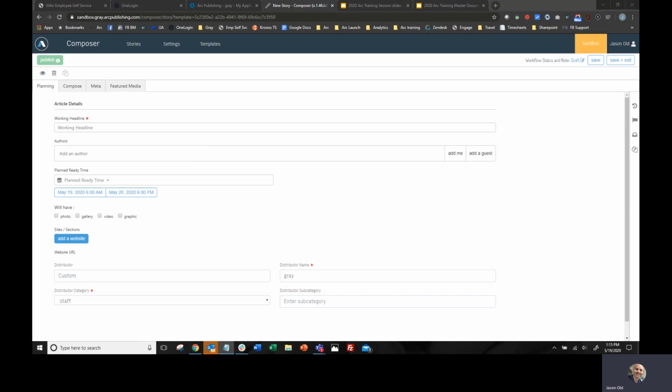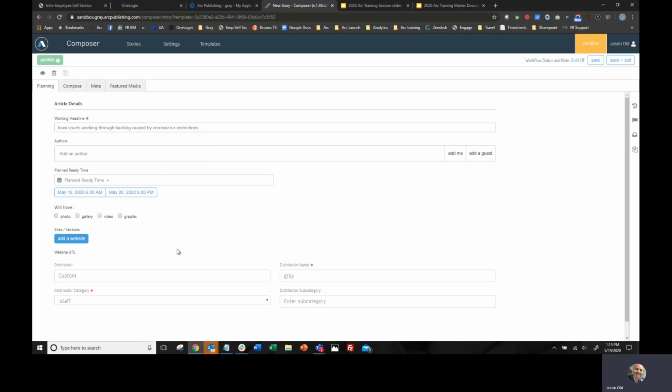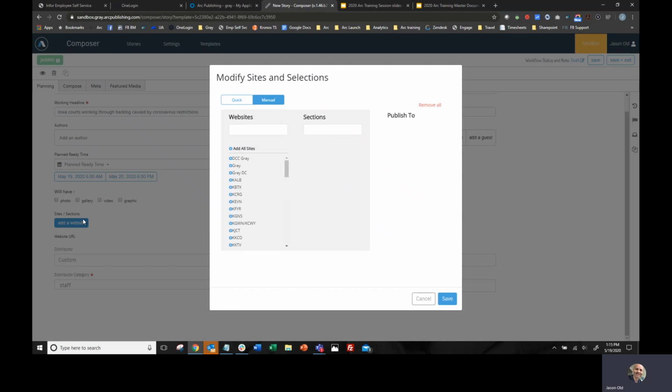So I'm going to go ahead. I've got some text saved here that I'm going to go ahead and put in. So I'm putting in my working headline, and now I'm going to add my website. And this is again part of the new provisioning measures that you will have to learn, but I'm going to go over that in a little bit, but I will show you here how to add a website for your story. So you go ahead and click add website,